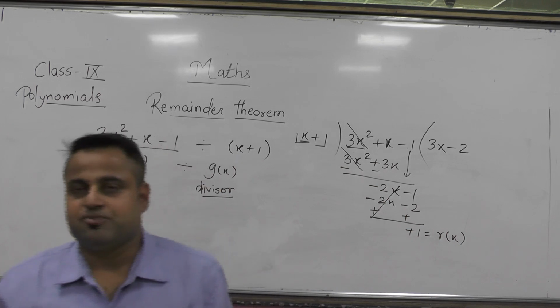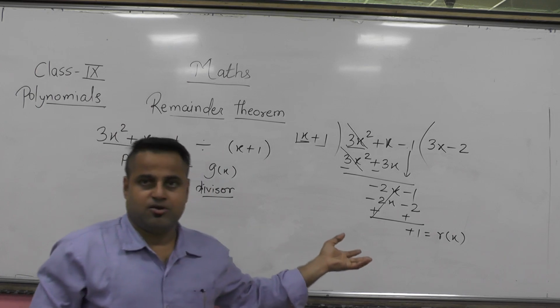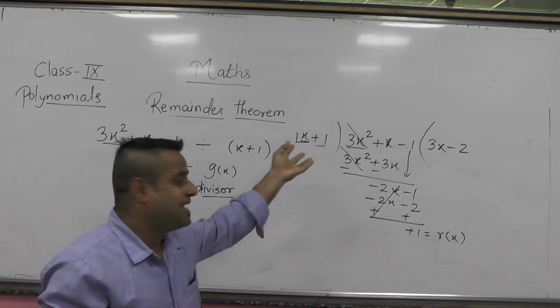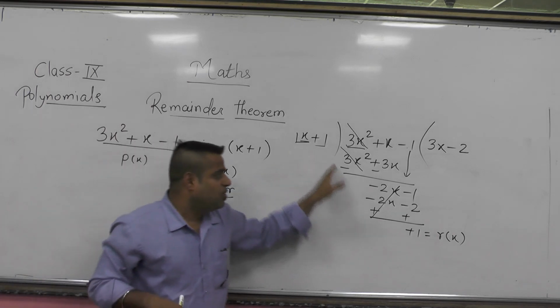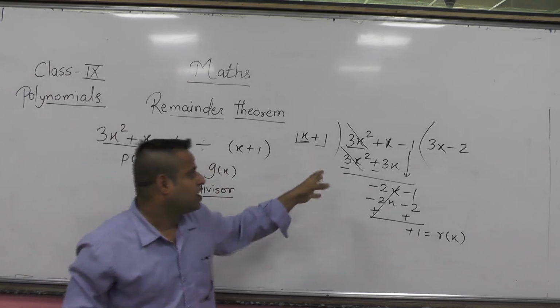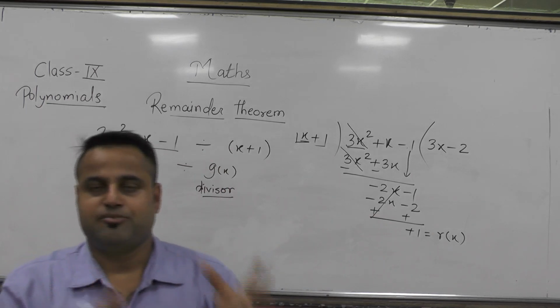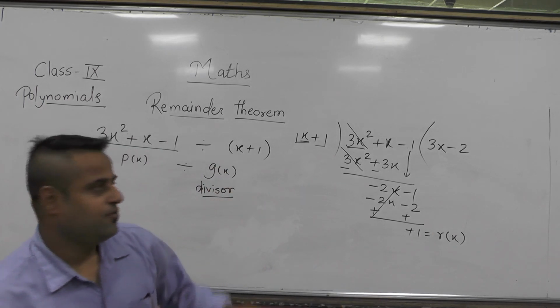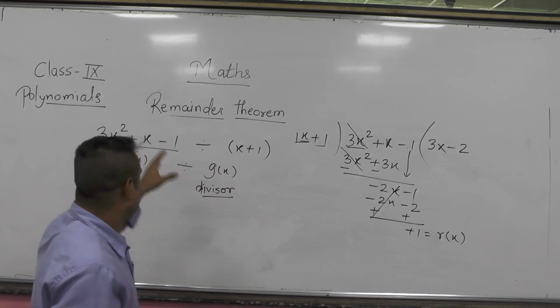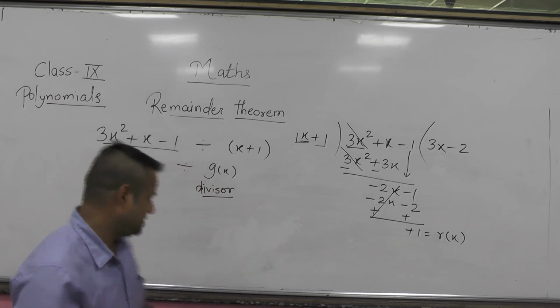Okay, it may be possible that sometimes we can get x here, because of the polynomial, because polynomial exists for the x. Okay, now this is the long procedure. It is called long division method to get results as remainder and factor as well. But there is a short method which the remainder theorem gives us. What the remainder theorem is, let me explain that first.